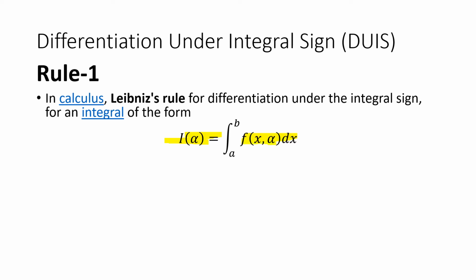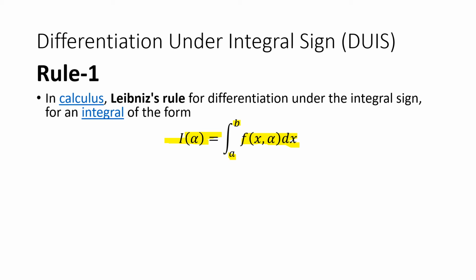If we look at the right hand side of this equation, this function is a function of two variables, x and alpha, and the variable of integration is dx, and the limits of x are given as a to b, where a and b are constant. If we integrate this function with respect to x and put the limits of x as constants a to b, then x will be eliminated from this function, but the remaining function will be a function of alpha. That's why we took the left hand side as a function of alpha, right?